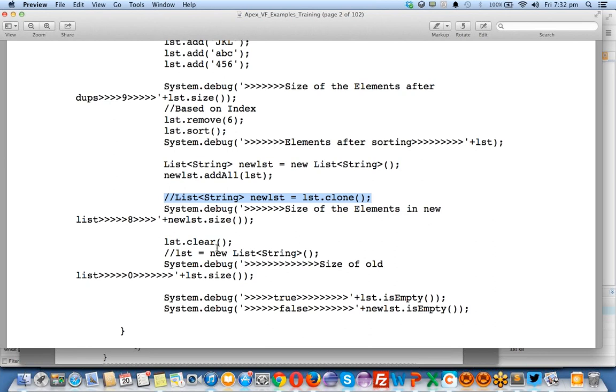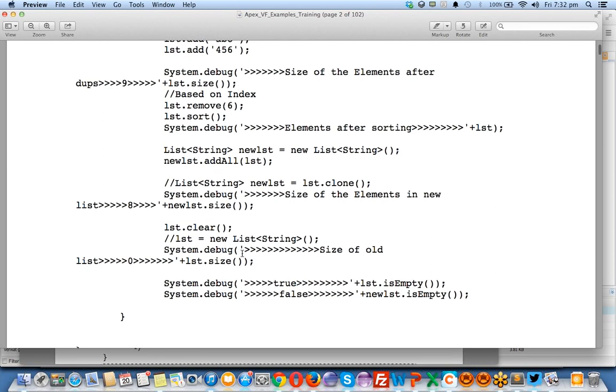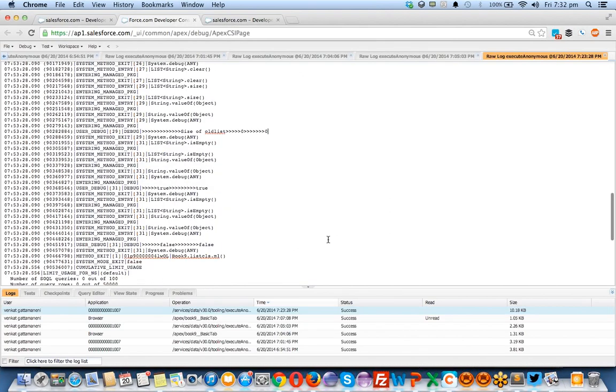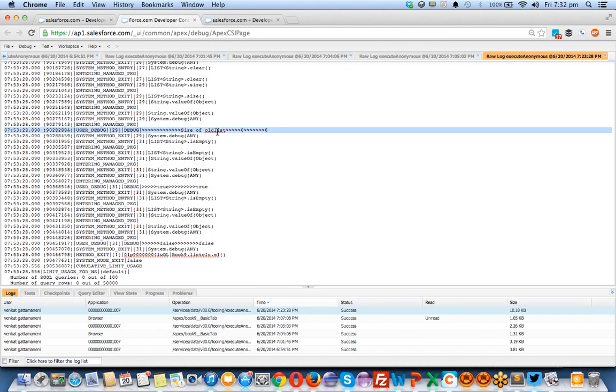And there's one more command called clear. For removing all the values inside my list, I am using the clear command. I am assigning this to the old LST. Okay, see, list size of old LST equal to LST dot size, because I have already cleared the values. That's the reason I am printing here. Size of old LST means after clearing the list, I got 0.